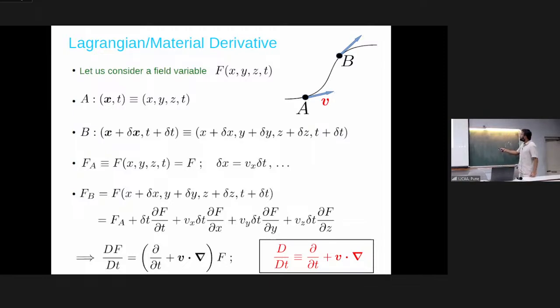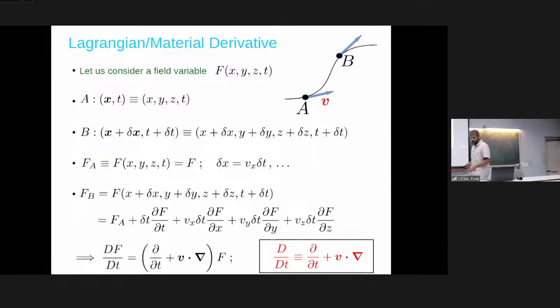There is a velocity v pointing in this direction at location A. This velocity is assigned to a fluid particle, which has its own pressure, temperature, and density, which can vary along the path. This particle can take an arbitrary trajectory or even an unknown trajectory, but let's go in the spirit of Taylor expansion and declare that the function we are talking about is a field variable, like velocity. Pressure is a field variable. So F could represent any of those variables, or a component of the velocity. It's any field variable which is defined at x, y, z, and t.